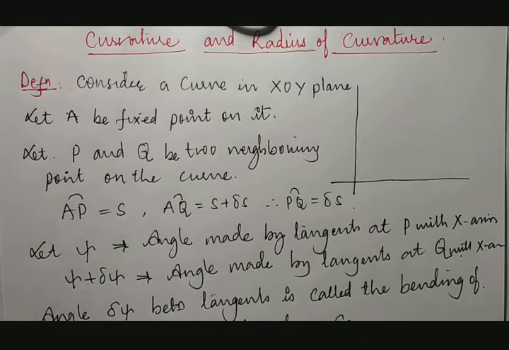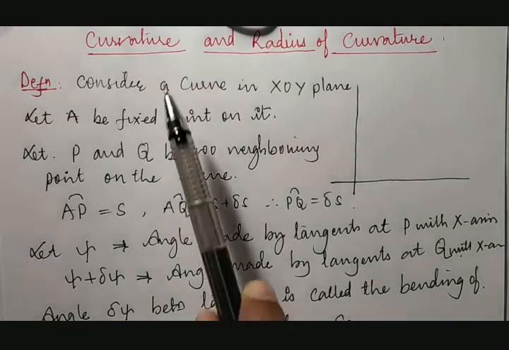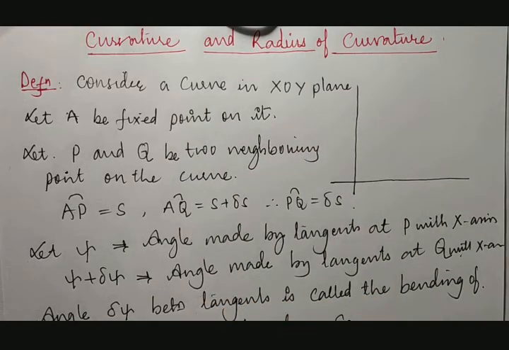In this session, we are going to discuss a very important concept, that is curvature and radius of curvature. Usually we can see when we travel through the road in a ghat section, we won't find a straight road all the time. Sometimes it will have a curve because it is a ghat section. Where the curve comes, there the curvature comes. Where the curvature comes, there radius of curvature comes.